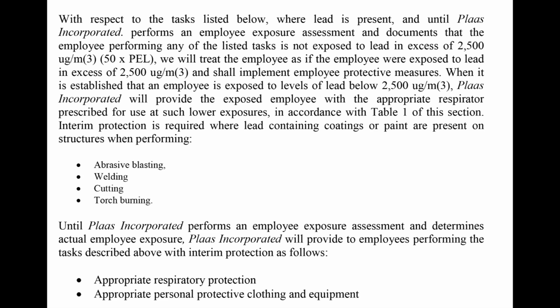When it is established that the employee is exposed to levels of lead below 2500 ug/m3, Plaas Incorporated will provide the exposed employee with the appropriate respirator prescribed for use at such lower exposures in accordance with Table 1 of this section. In turn, protection is required where lead-containing coatings or paint are present on structures when performing abrasive blasting,